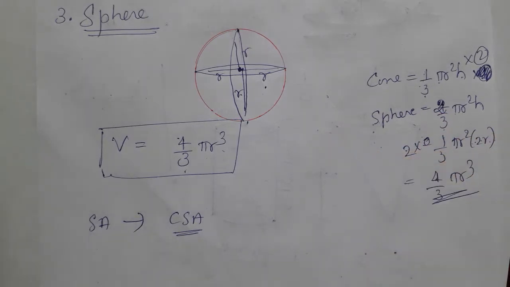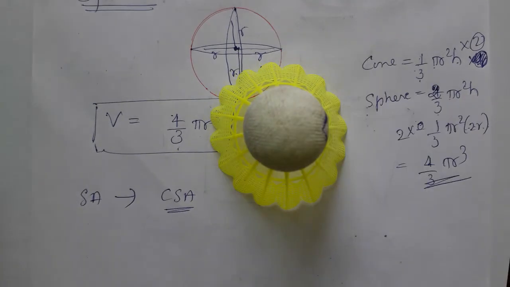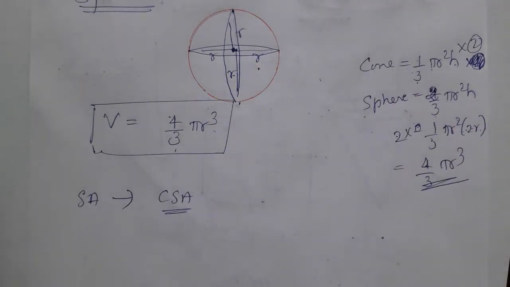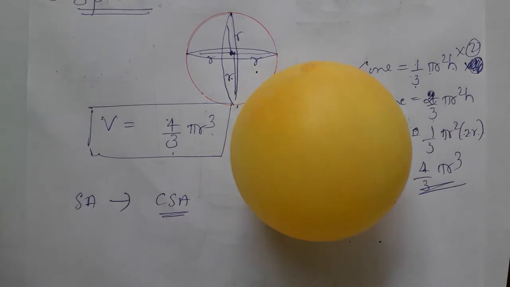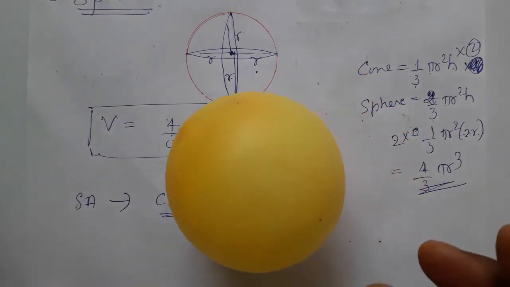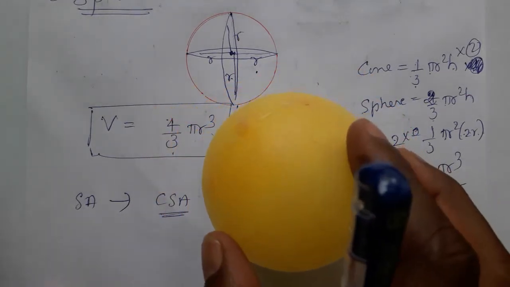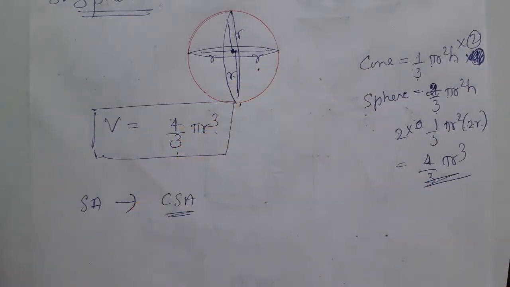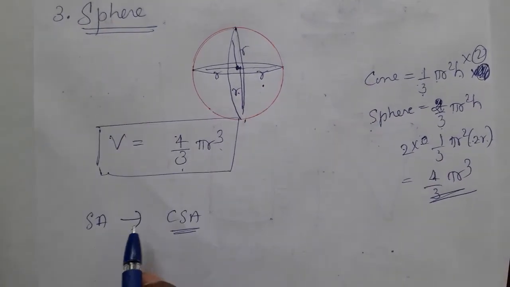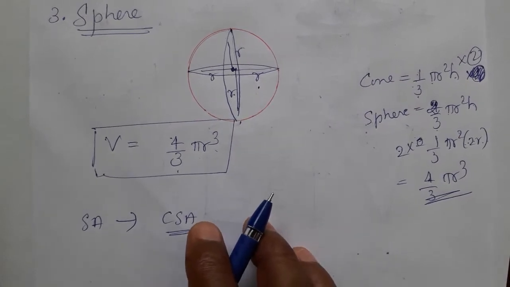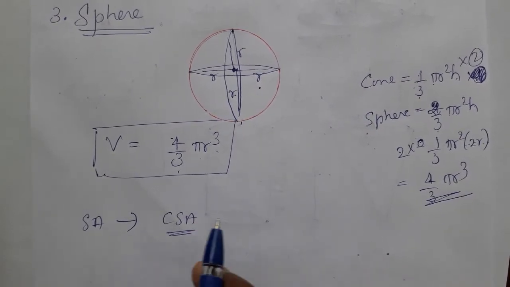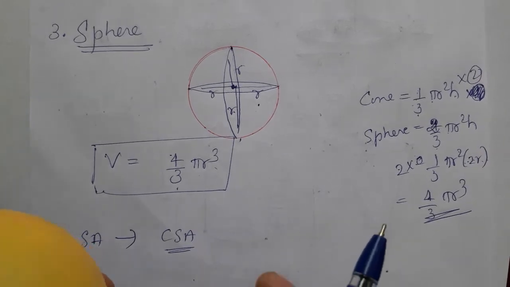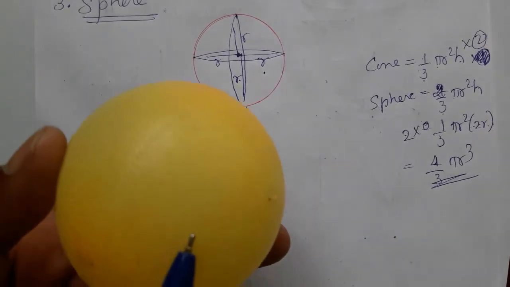In a cone also one base is there. Look, on the base it stands. But in a sphere there are no bases, so it starts to move. If it stands also, it stands on a single point. That's why in a sphere the surface area is not divided into 2 as we did in the cylinder and cone. In a sphere there is only the curved surface area, no base.